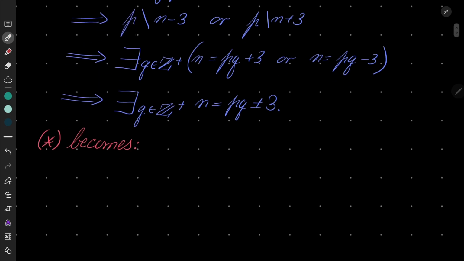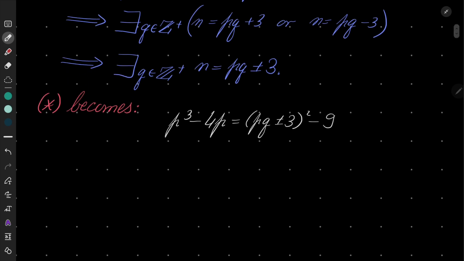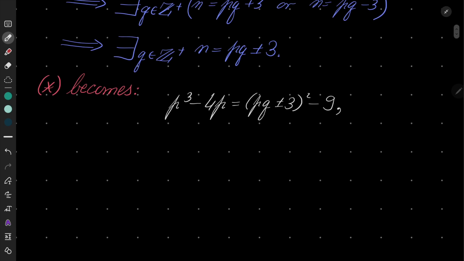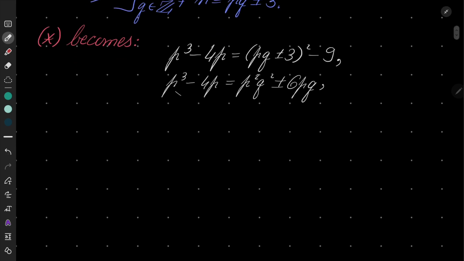On the left-hand side we have p cubed minus 4 times p, and on the right-hand side we have n squared minus 9. Okay. And now let's expand it. So we have on the right-hand side p squared q squared plus or minus 6pq plus 9 minus 9, where the 9s disappear. And now let's notice that everything is divisible by p, so we can safely divide by p and we get